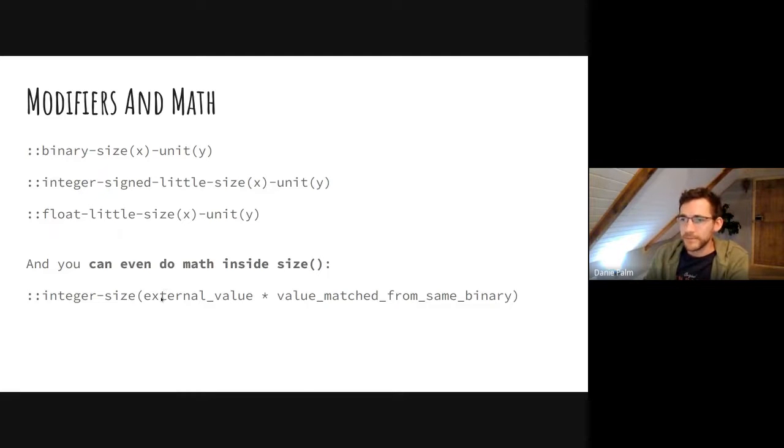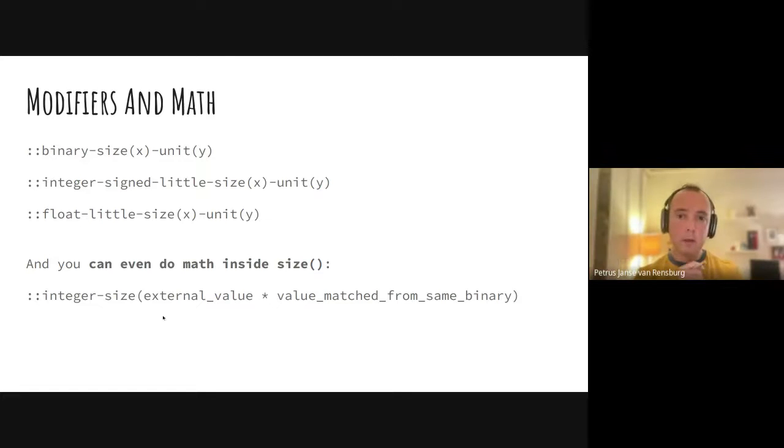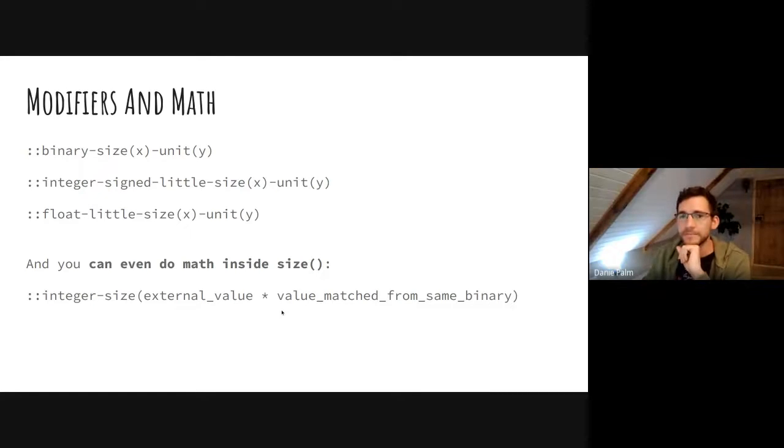We'll see the power of this a bit later on, but it's interesting: you can pass a value that you get from the outside, maybe something that was passed to a function. But you can also put values in here from the same binary match pattern. So if you match multiple things out of the same binary, you can use something that you've matched. You can use one of those values that you picked out. That becomes a really, really powerful way of doing parsing.